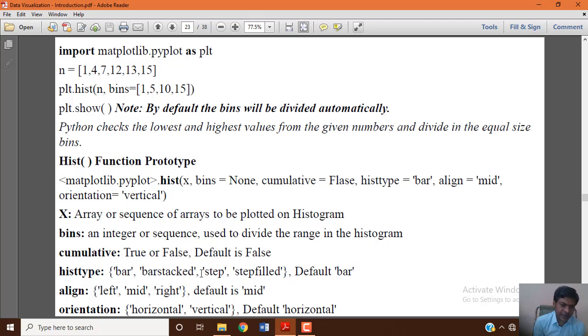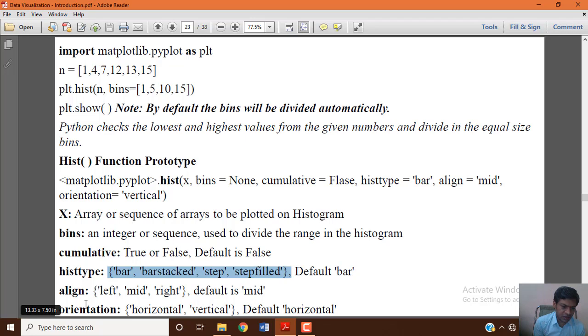Cumulative takes boolean values, true or false, and the default is false. And histtype, as I mentioned, is bar by default, and you can have other alternative options also: bar, stacked, step, and step filled. These are the four different types of histogram output representation. Default is bar.